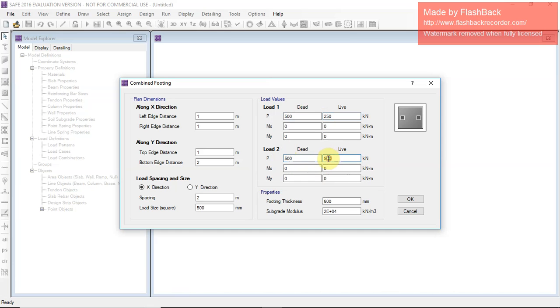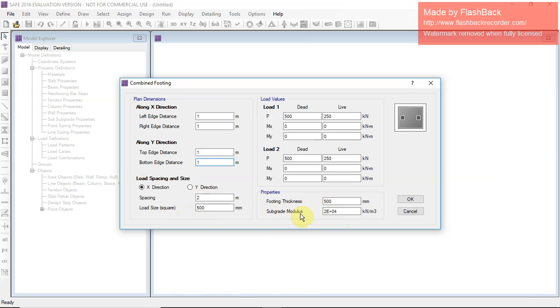Right, 250. Okay, footing thickness, let's decide footing thickness 500 mm. Okay, we have put the load, then here you can see 2 mm. Let's change it to 1 mm, again 2 mm.